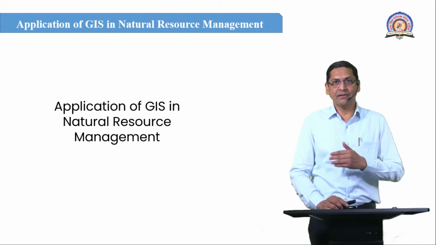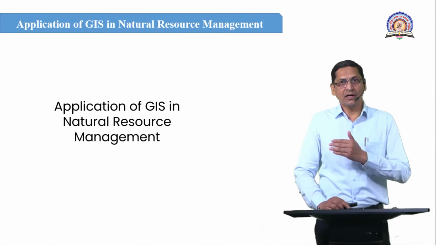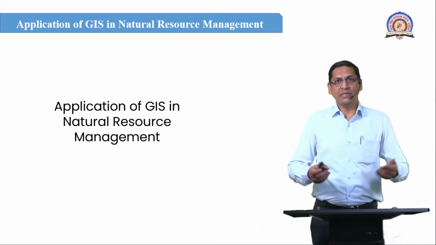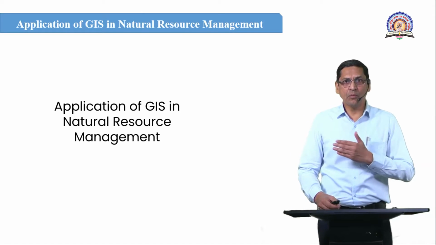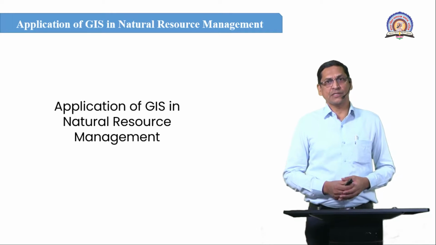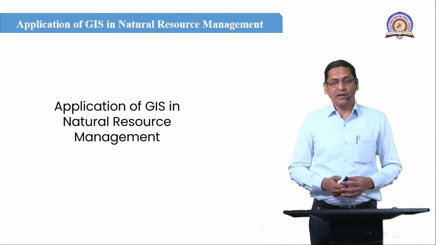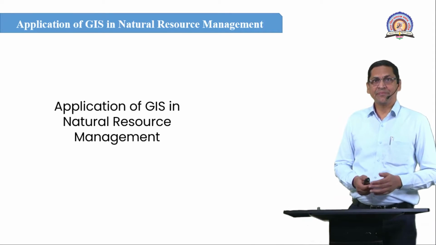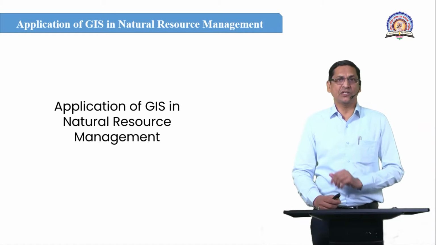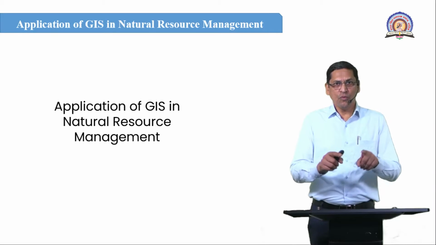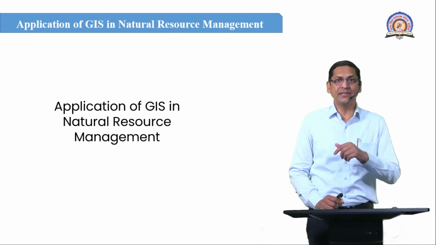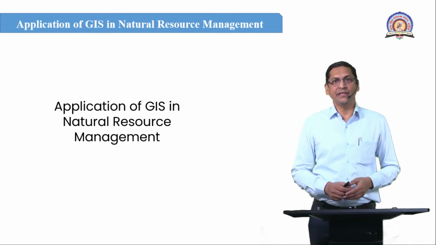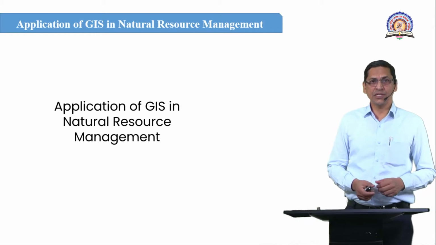For example, there are forests, there are mineral resources, there are water bodies, there are different types of biological resources. Then oceans are there, rivers are there, tanks are there, and to identify these natural resources and to make the correct maps of these natural resources and to detect the changes which happened in these natural resources, GIS